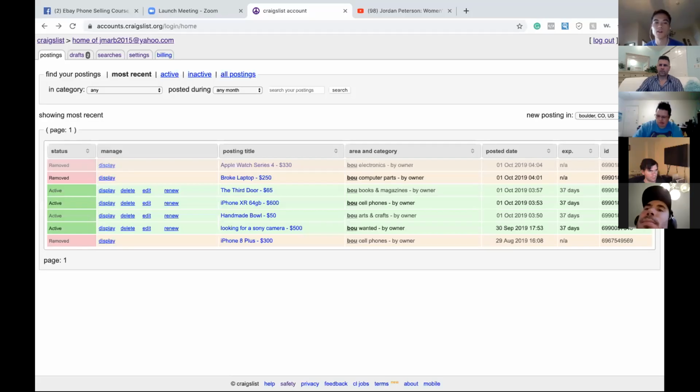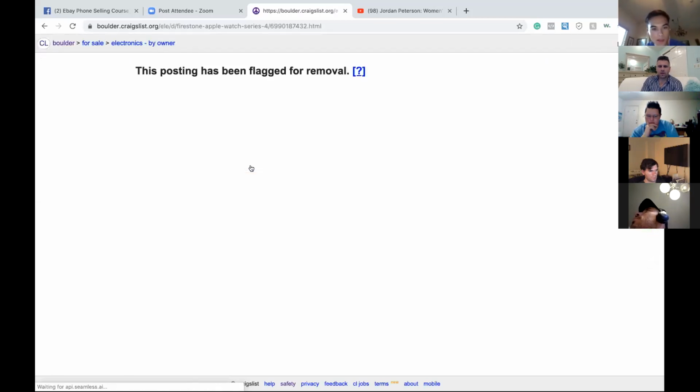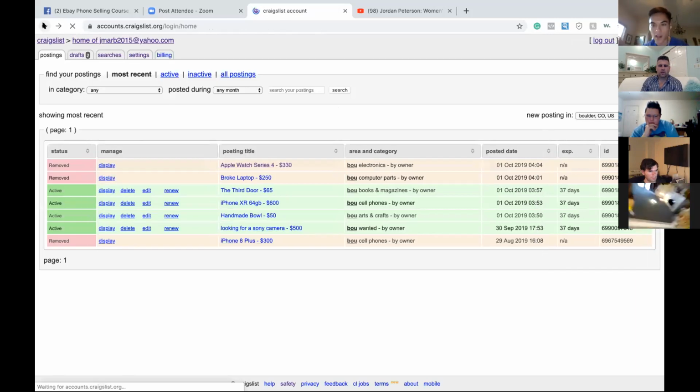Like, a note card with my number and "cash for watches" or "cash for iPhones." So are any of these ads to buy phones, or are you just trying to sell stuff with this? No, these are actually to buy. So what I'm having trouble with right now is, the title says Apple Watch Series 4, but the